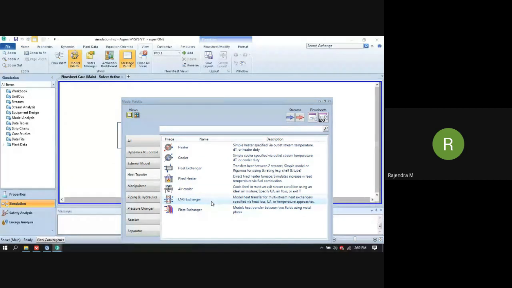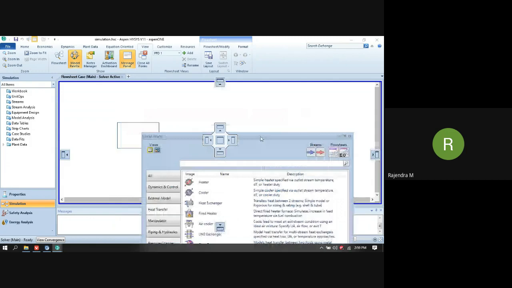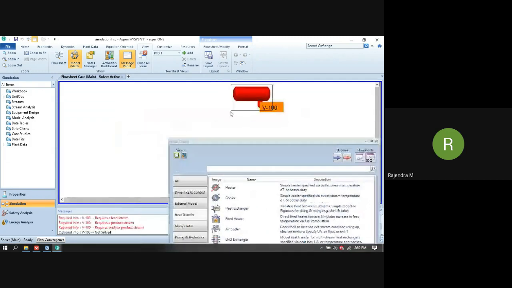Then we have the plate heat exchanger. You might be knowing the plate heat exchanger. It's readily used in the industry for heat transfer purposes. It's a very simplified kind of heat exchanger that is provided in this Aspen HYSYS software. The detailed design you can find in the EDR, Exchanger Design and Rating software. Okay. So we'll not cover all the details. We'll cover just small details because everything you cannot cover in this.